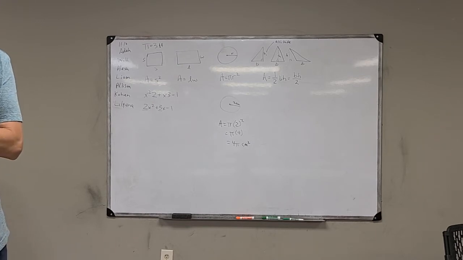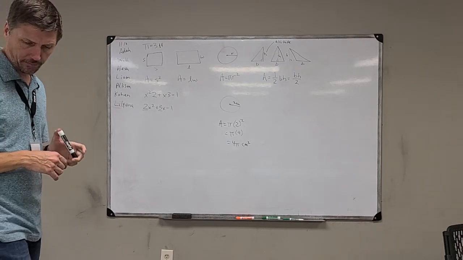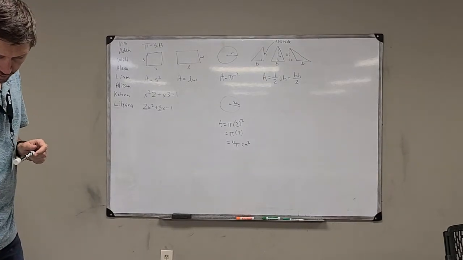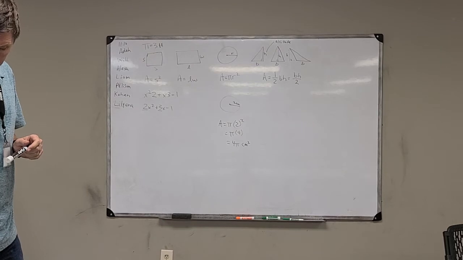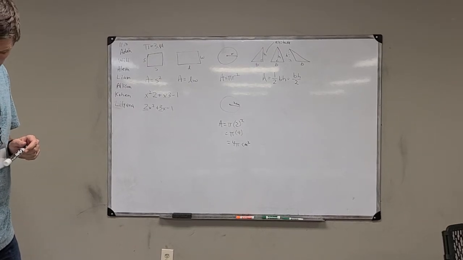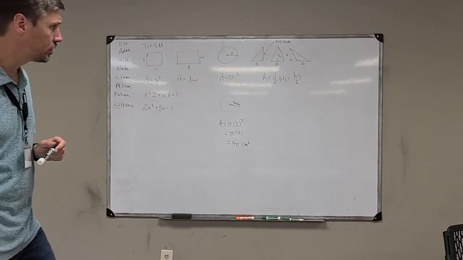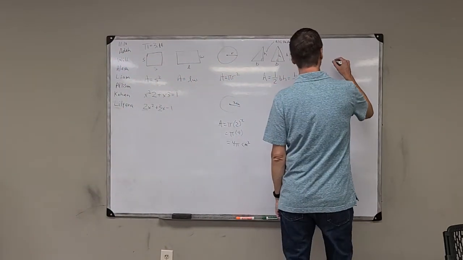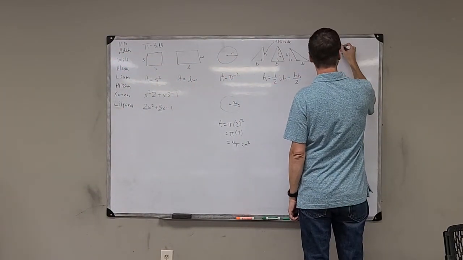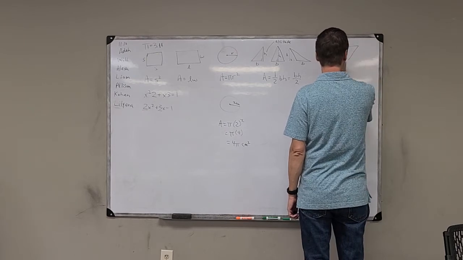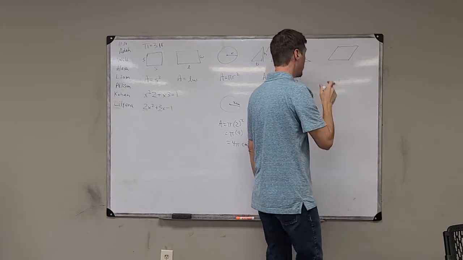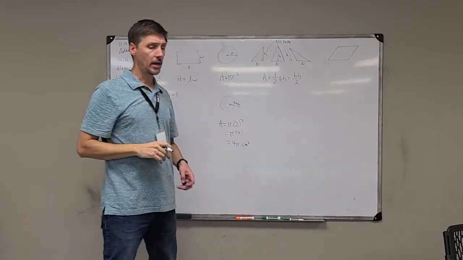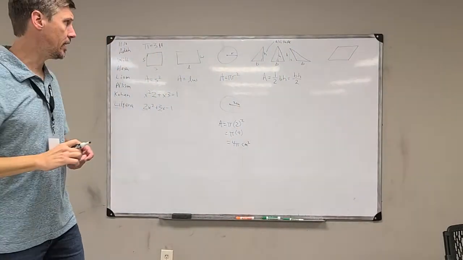And then the final shape, I don't think they actually give you a formula for this. They don't explicitly give you this. So I do want you to see that you can figure this out if you didn't know what the formula was. But let's say we have a parallelogram. So a parallelogram looks like this. And for parallelograms, you have,